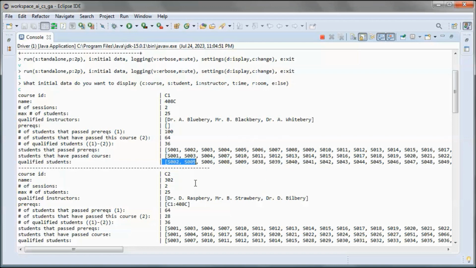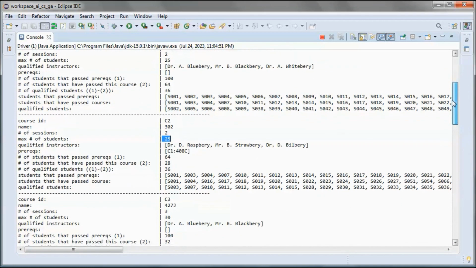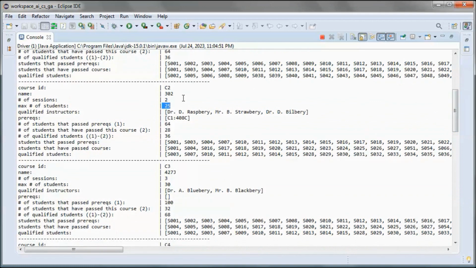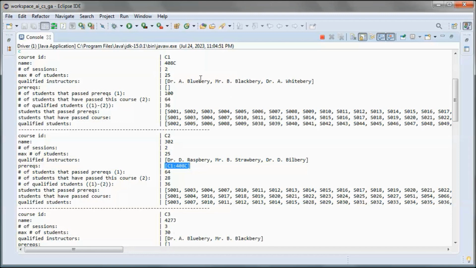And for this course we have also 2 sessions, and this is the max number of students that can take this course in one of the sessions, and those are the qualified instructors, and this is the prerequisite course, and the prerequisite course is this one, and the number of students that have taken it is this number.